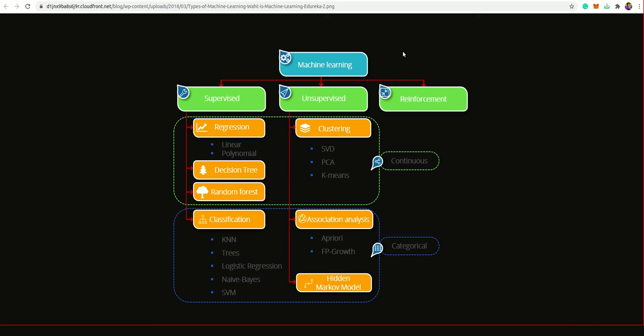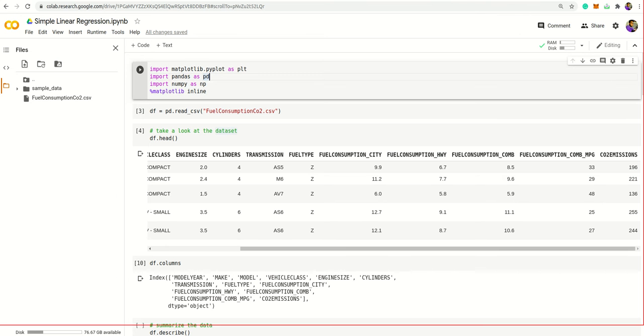So let's move on to Google Colab. It is an online notebook you can find in a web browser. Then we first of all import the important libraries. First of all, I import matplotlib, which is used for data visualization and provides various kinds of graphs like histogram, bar graph, etc. Then after that I import pandas, which is very useful for analysis of the data set we work on.